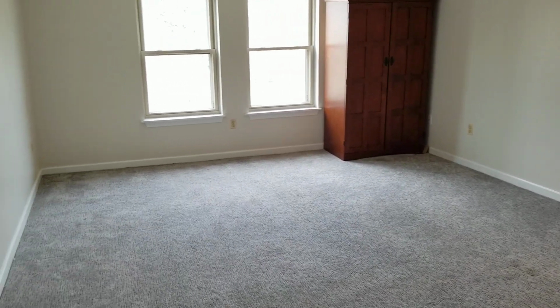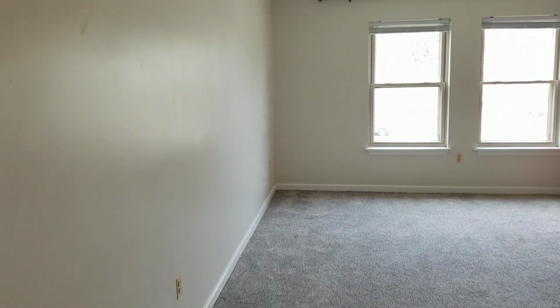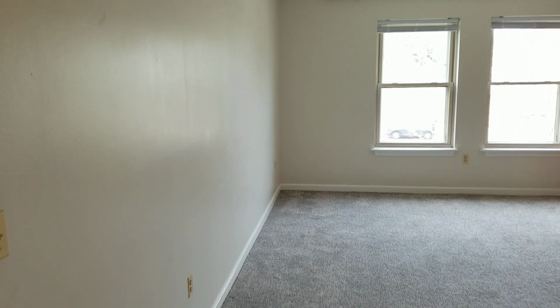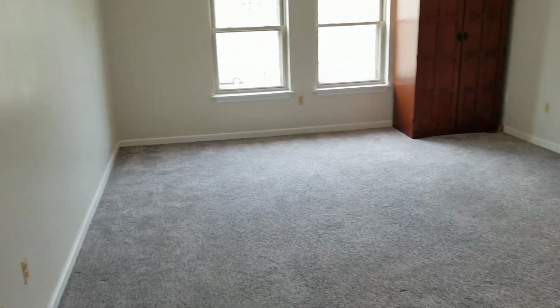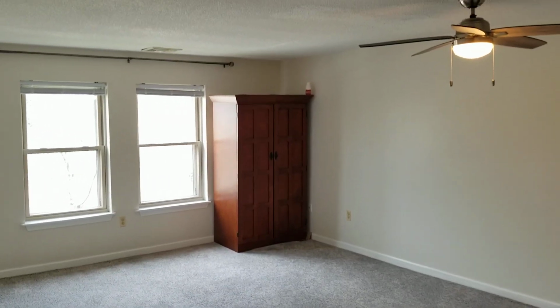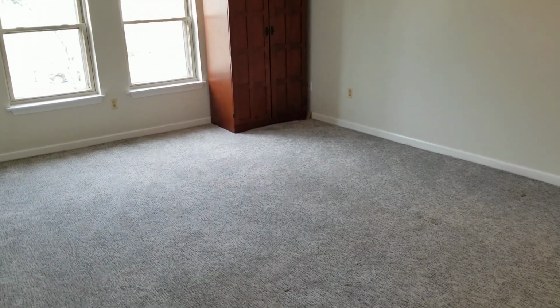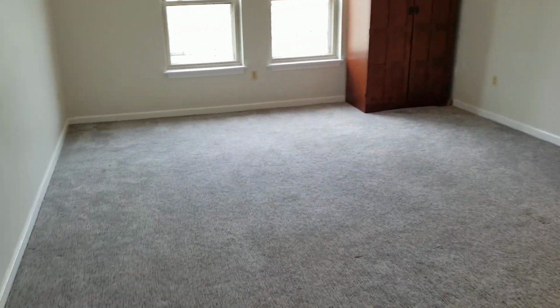I'm here at 3524 West Shore Road, Unit C-807, located in Warwick, Rhode Island. This is a one-bedroom, one-bathroom, renovated, updated, top-floor condo located in the Lockwood condo complex here in Warwick. So we're going to begin our walkthrough as if you walked right through your unit entryway into your spacious living